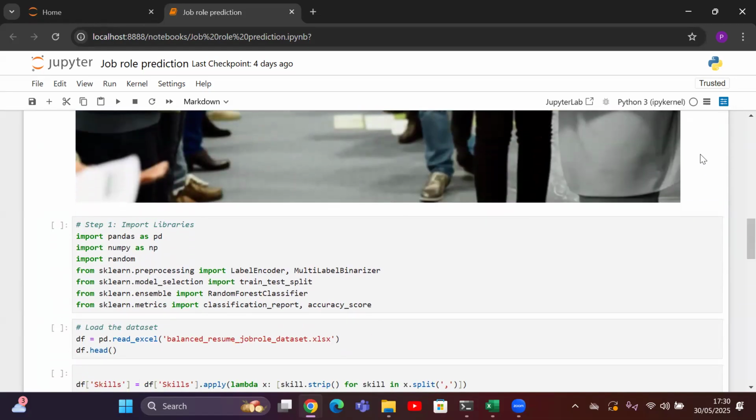So I will be loading a couple of libraries first. I will be loading pandas and numpy to help handle the data. As well as, we will be using LabelEncoder and MultiLabelBinarizer to convert text labels into numerical numbers. I'm using train_test_split, which is from scikit-learn, which is used to split the data set for